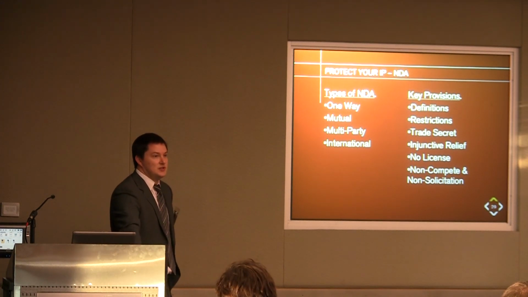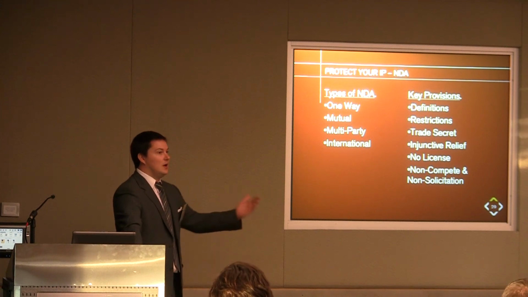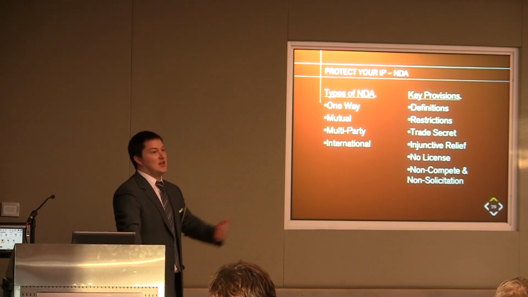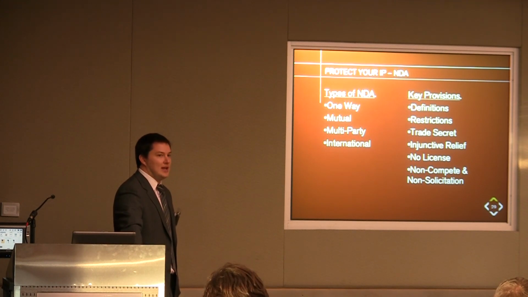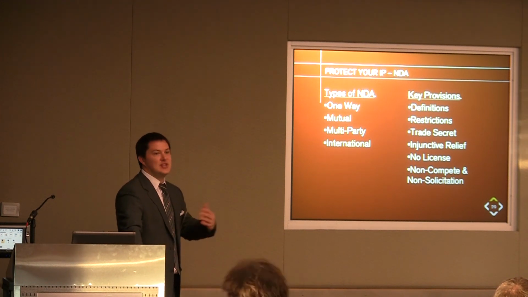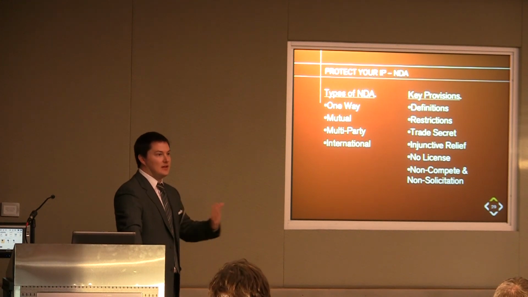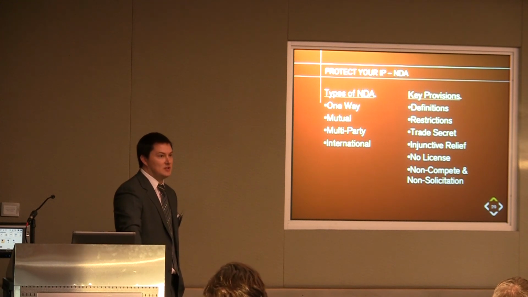Make sure the restrictions are laid out. Can I talk about this after 3 years, 5 years, 2 years? Can I talk about this to my other limited partners? Can I talk about this to the other people in my fund, the other VCs? I usually like to put a trade secret provision in where both parties agree that any information shared actually constitutes a trade secret, which allows us to access the UTSA statutes on injunctive relief without having to post bond. You can just get them to stop by suing under the Trade Secrets Act.